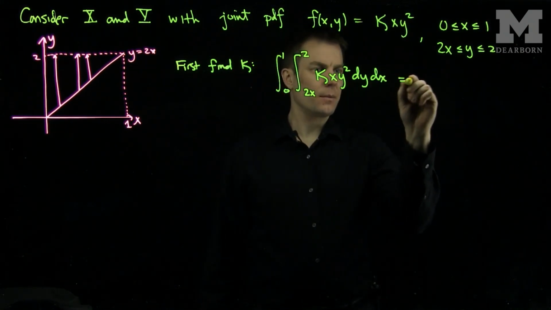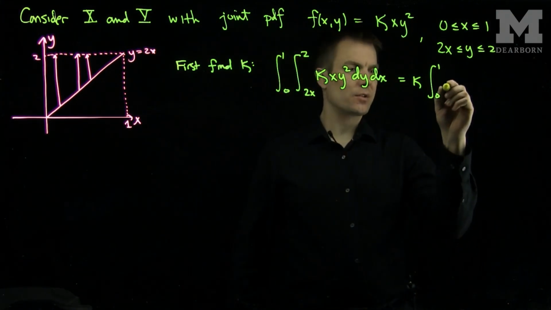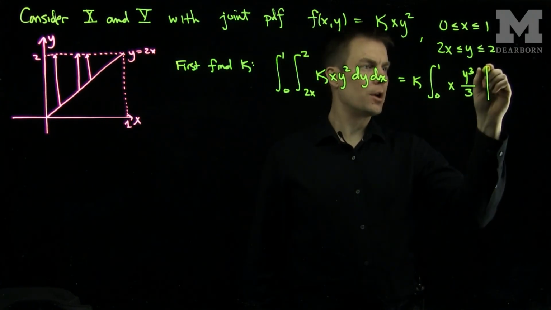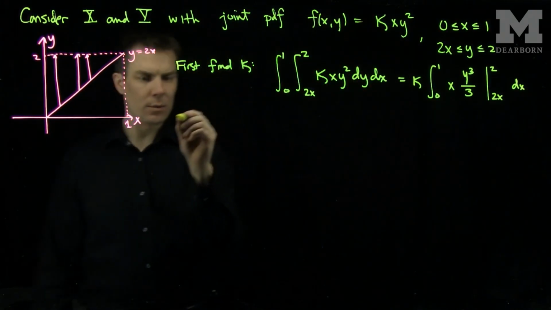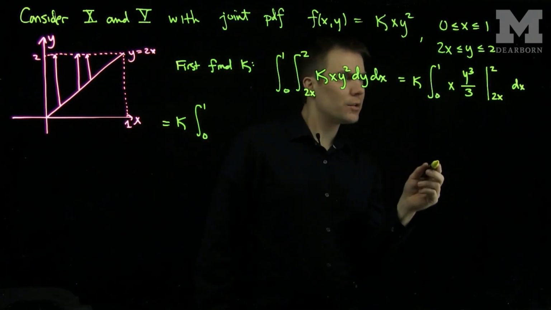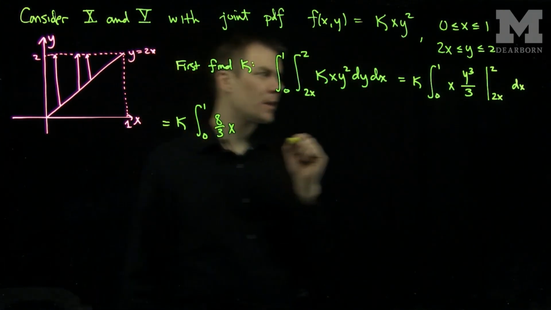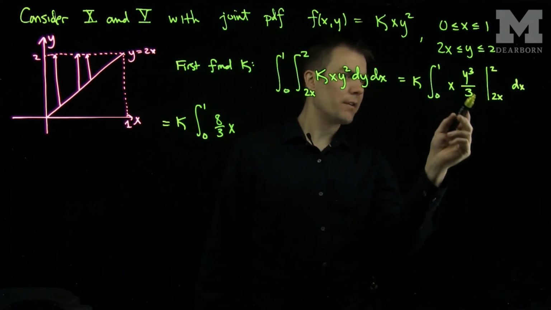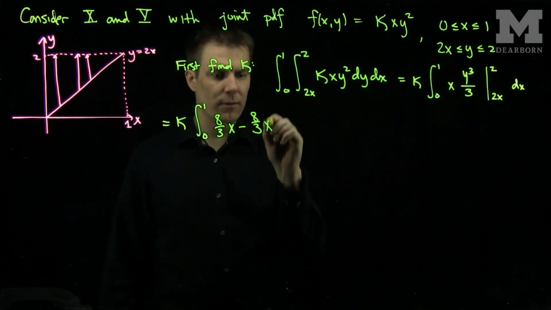We can pull this k out of the integral. This is going to be k, the integral from 0 to 1, and then I will do this antiderivative. So I'll have an x and then y cubed over 3 from 2x up to 2, and then a dx. Continuing, when I plug in 2, I'm going to have an 8/3 x. When I plug in 2x, I'm going to have 8x cubed over 3, times x. That'll be minus 8/3 x to the 4th power,